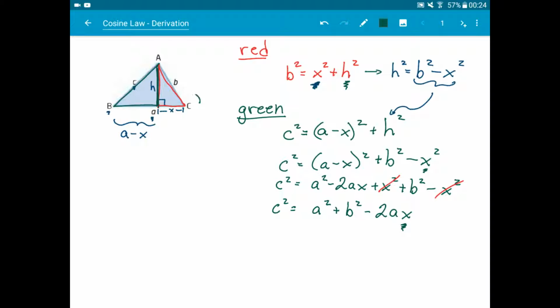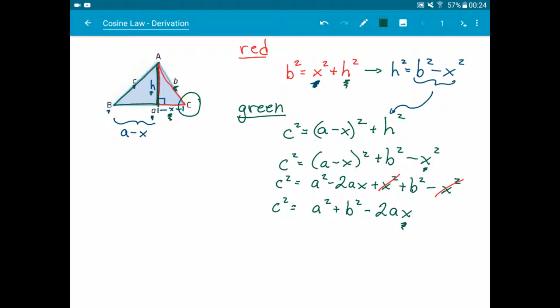Well, I'm going to go over to this angle here, c. I'm going to think of the cosine of that angle, because it has an x in it and has a b in it, but it doesn't have an h in it. So we don't want to start adding h's in by doing sine or anything. So when we're dealing in that red triangle again, what do we got? This is back in the red triangle. We've got the cosine of c is equal to the adjacent divided by the hypotenuse. And in this case, the adjacent is x, and the hypotenuse is b. Okay, so x then is equal to b cosine